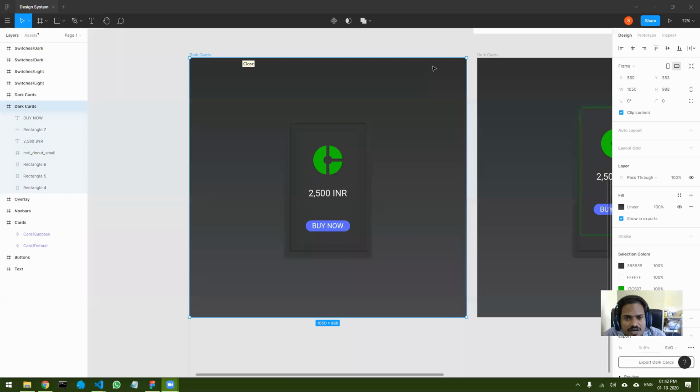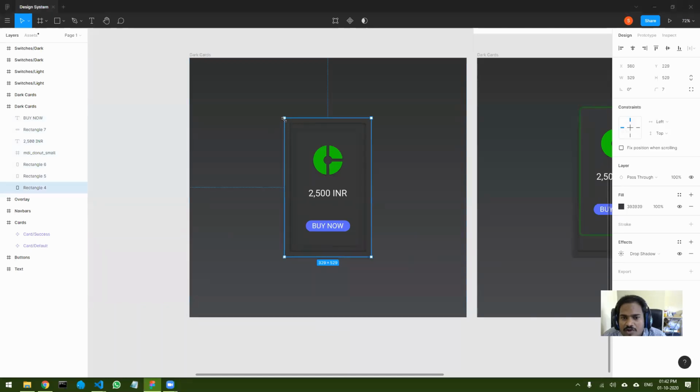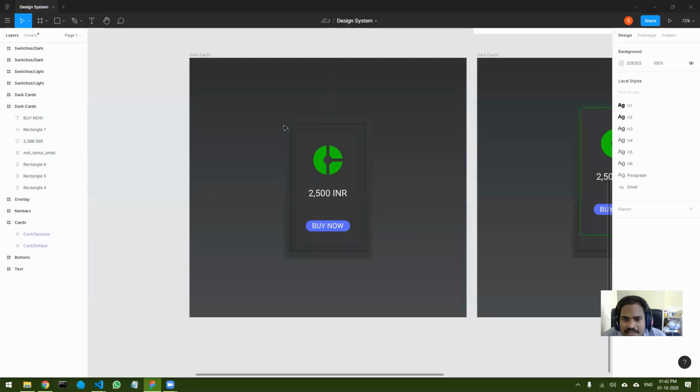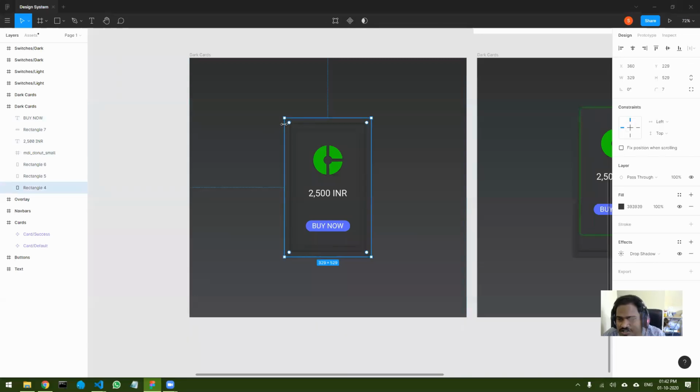Okay, so now let us see according to me how many. Since I have made this, obviously I know how many divs I require, right? But let us see how many there actually are. You can see this is one box, and this box has a small shadow on it.